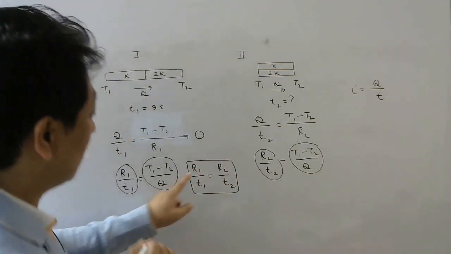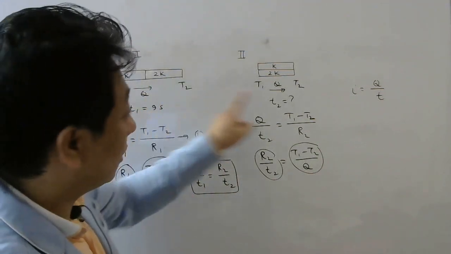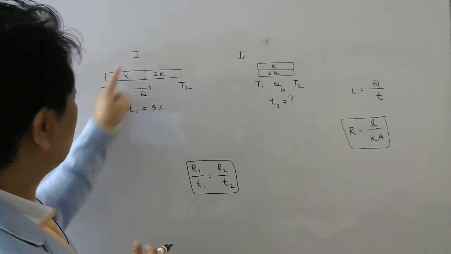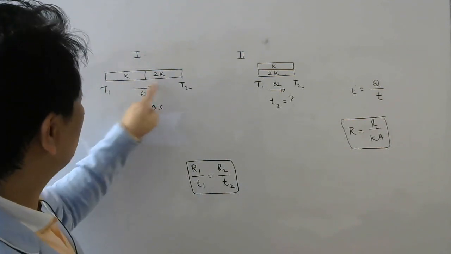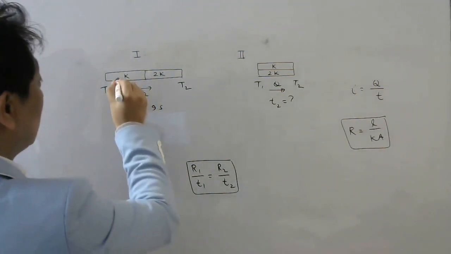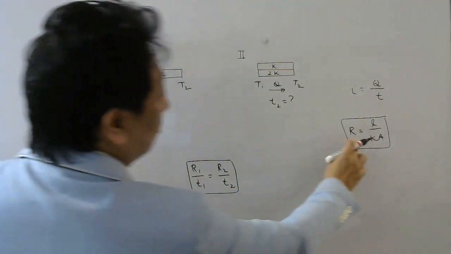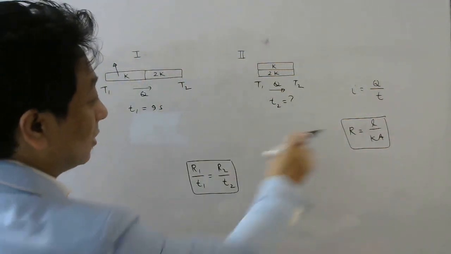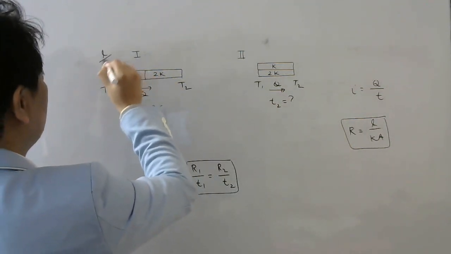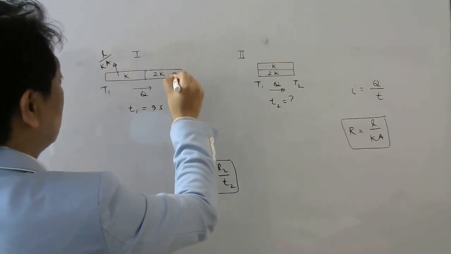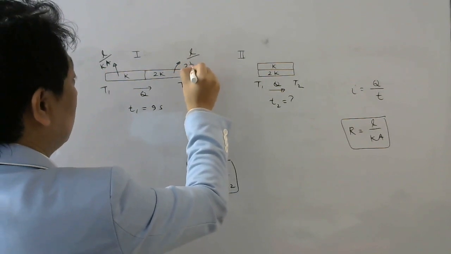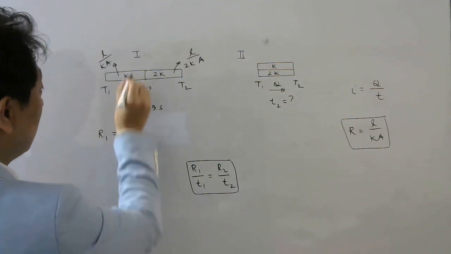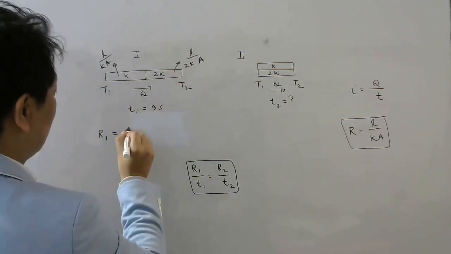Now I need to find resistance of this configuration and this configuration, right? Now we need to calculate resistance of this combination. Try to see that these two rods are in series. So what is the resistance of this part? This is the formula for resistance of a single rod, right? So for this single rod, the resistance is L divided by KA. What is the resistance of this? L divided by 2K into A. Since it is in series, the total resistance will be this resistance plus this resistance, right?